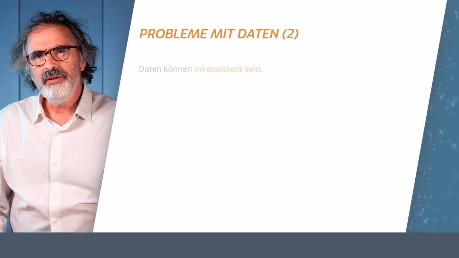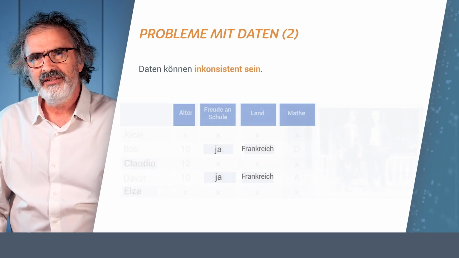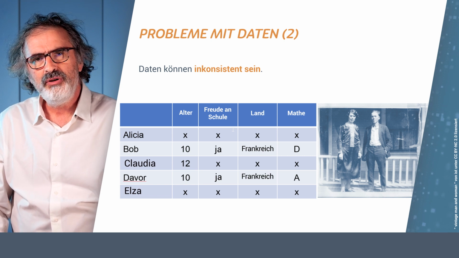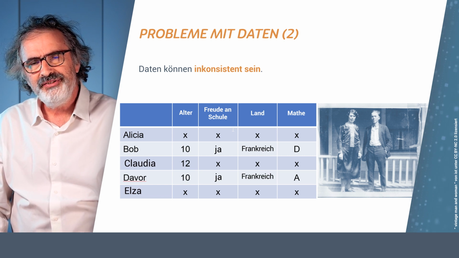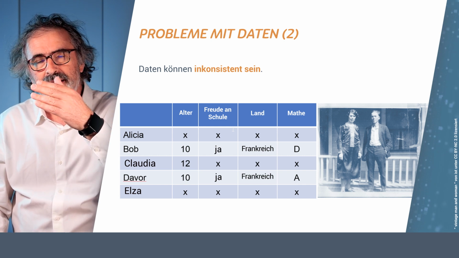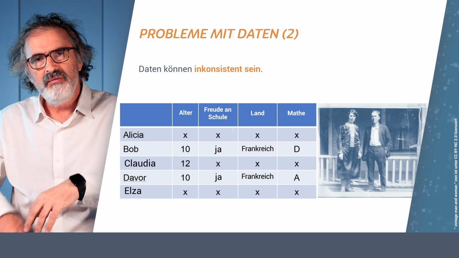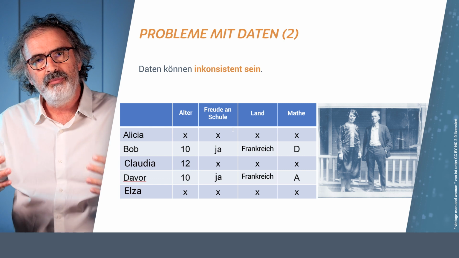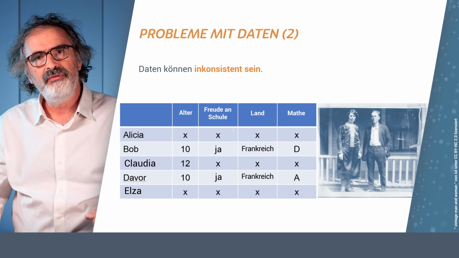An important issue with data is that data can be inconsistent. What does that mean? That means that the world isn't deterministic, and that from the same hypothesis we may have two conflicting conclusions, which mathematically is something we don't like. But in data coming from the real world, this will appear frequently.